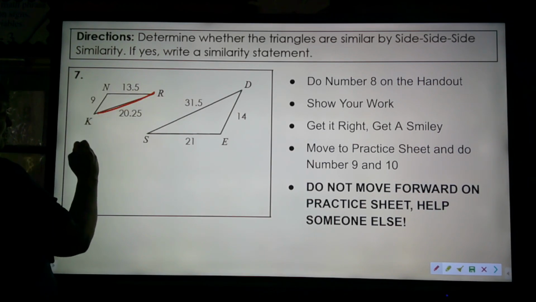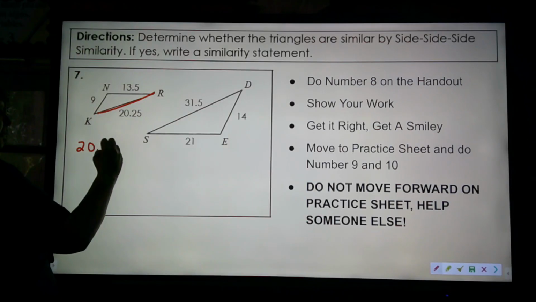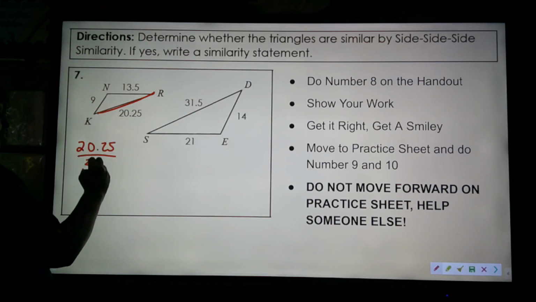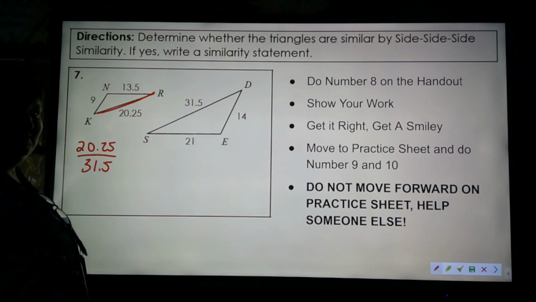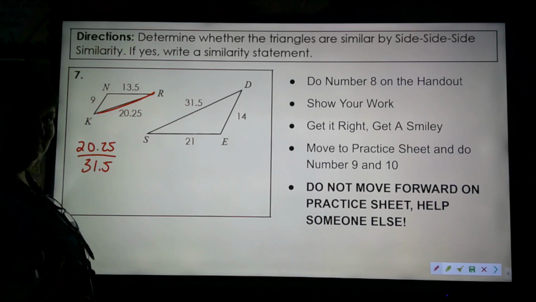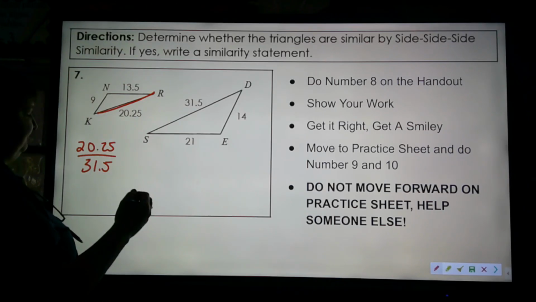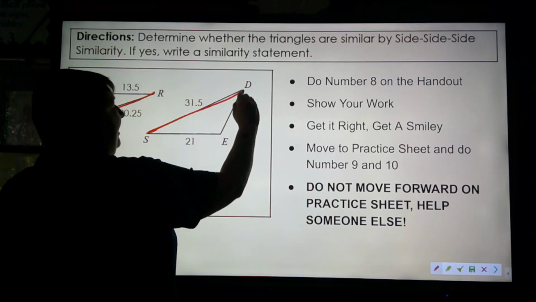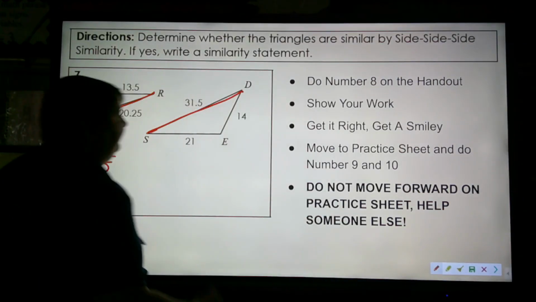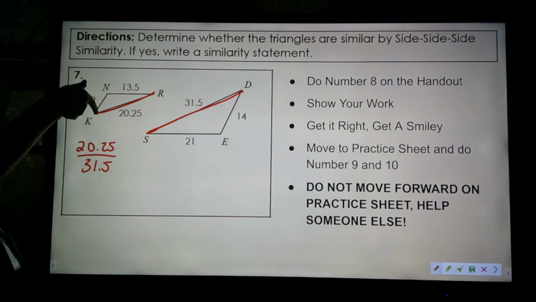So 20.25 over 31.5. Don't panic about the decimal. Decimals exist, y'all. Decimals is just, you know, money. 50 cents, 0.50. All right, let's see. That one matched that one. So if I flip,